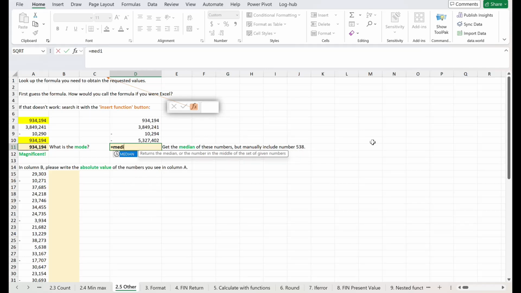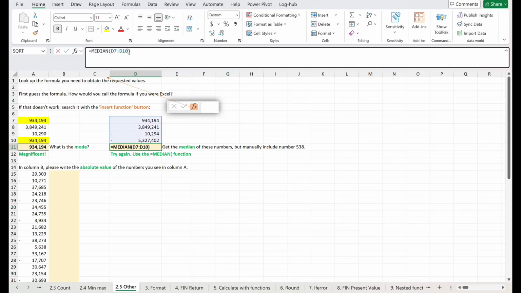Like here, we need to calculate the median. And I see median appears here. So I'm going to select it by hitting tab. And then we select the numbers that the function has to be applied to. Enter. Oh, I forgot something. Because we don't want the median of just those four numbers. We also have to add the number